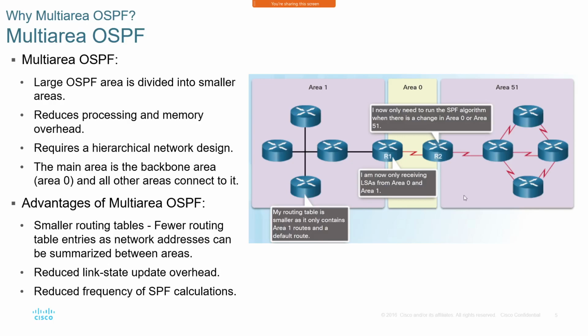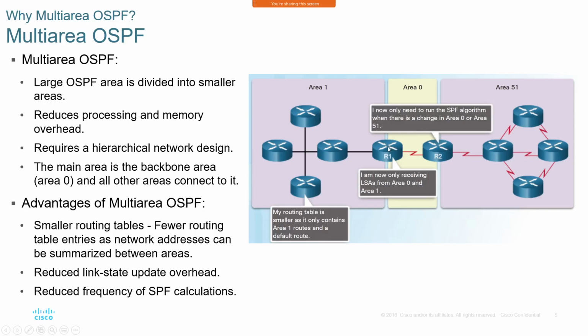For example, in this image, we have the 5 routers to the left as part of area 1. We have router 1 and 2 as part of area 0. And all the routers to the right belong to area 51. Area 0 is known as the transit area because area 51 still needs to know about the networks in area 1. If we connect area 1 to router 1 and then area 51 directly to router 1,